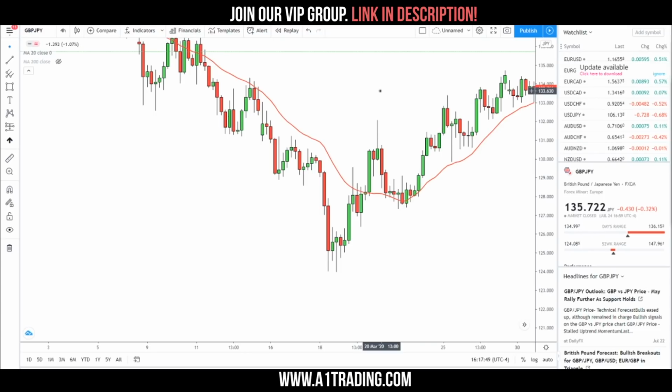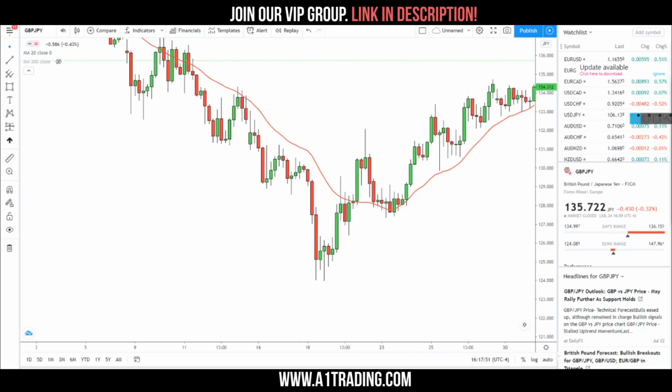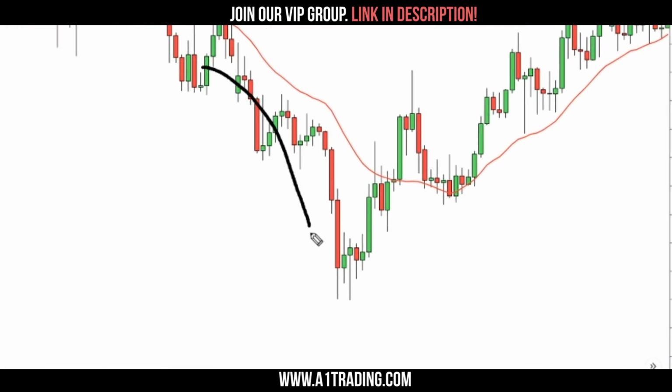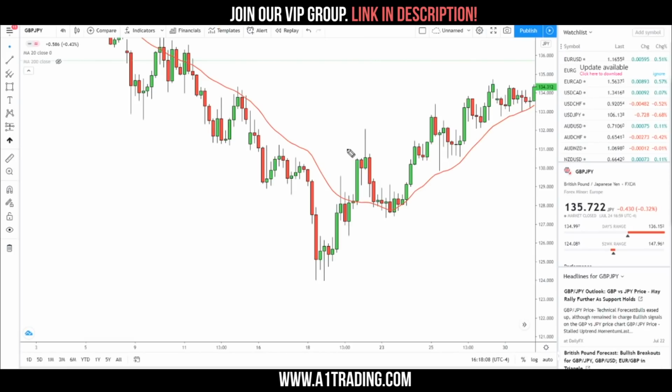But when we're back to this concept here of extreme moves, sometimes the price gets very far from the moving average. In fact, at this point, we can see that the moving average is all the way up here and the price is all the way down here. So sometimes we can actually see some pretty good reversal setups from a move that seems extreme one way or